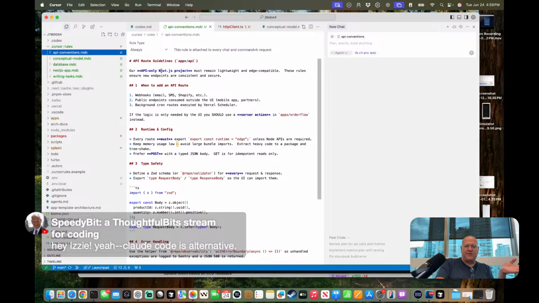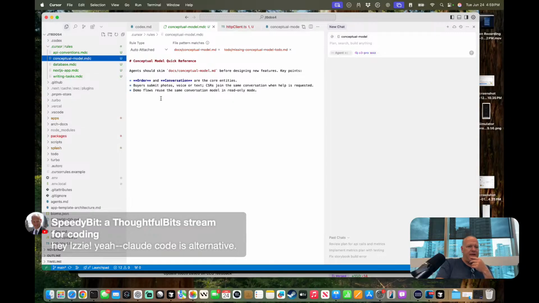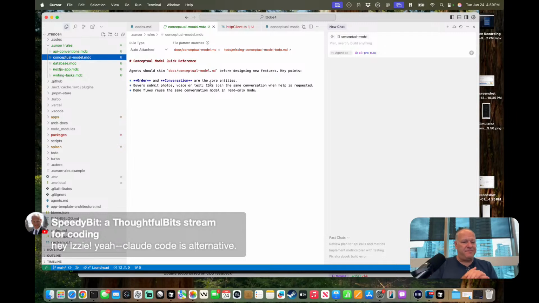This particular set of rules I've copied over. You can see this is green, so I'm adding in part of one of the features I want to add in today. We've got, in this case, when to add an API route, what I want to do, and how I'm using Zod, for example. This is for the API conventions. One of the things I want to add here is the conceptual model. In this case, this is wrong. So I took a conceptual model from